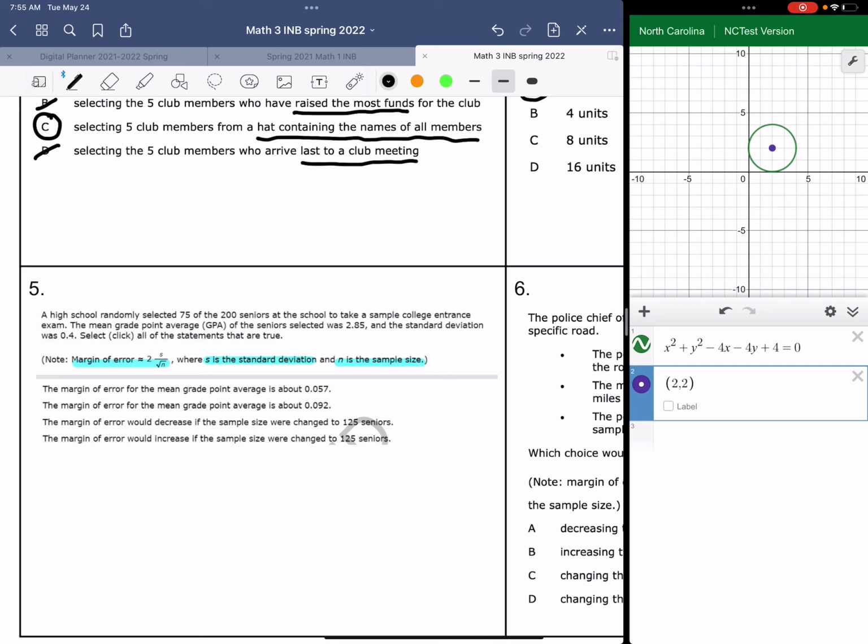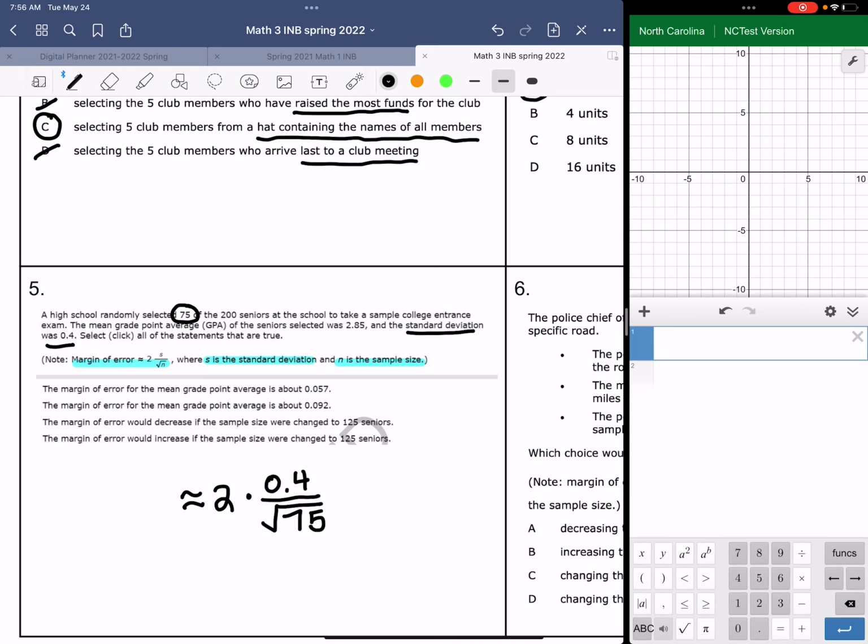So for margin of error, we have approximately 2, and then we're going to multiply that by the standard deviation. Well, it said the standard deviation was 0.4 divided by the square root of the sample size. Well, the sample size was 75. All right, so if I'm looking at my sample size, I have 2 times 0.4 divided by the square root of 75. And we get approximately